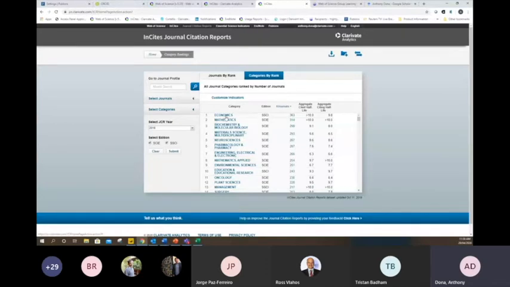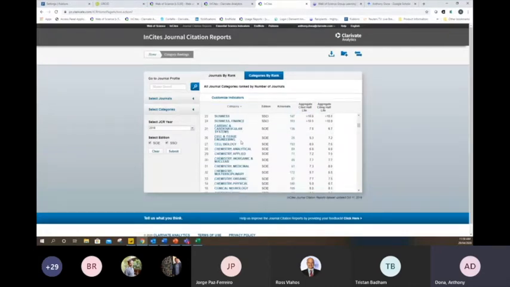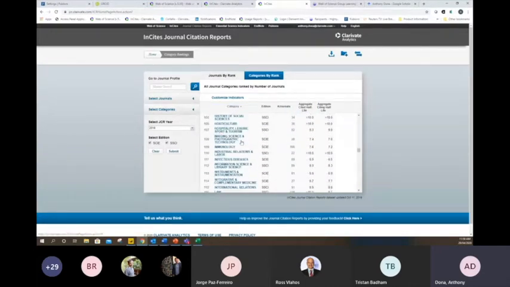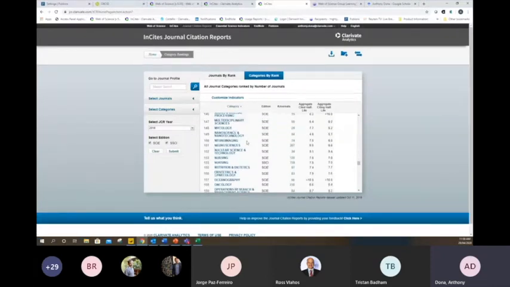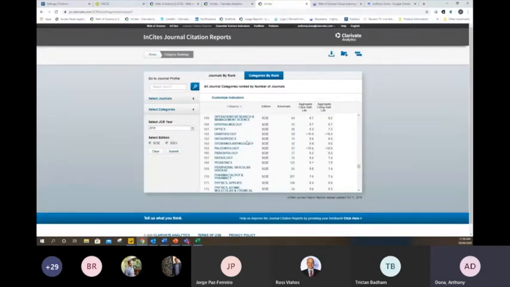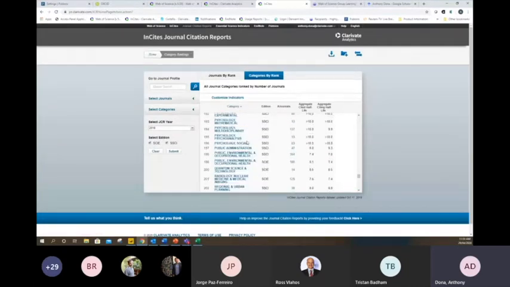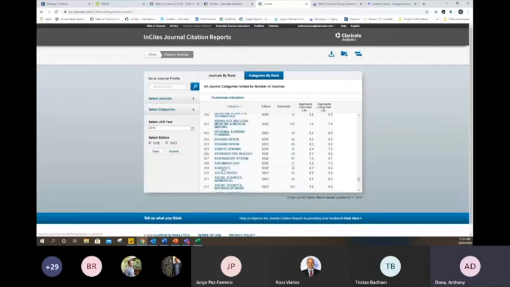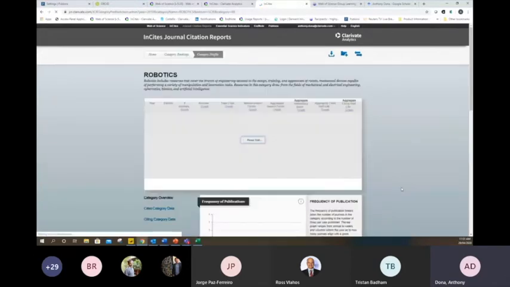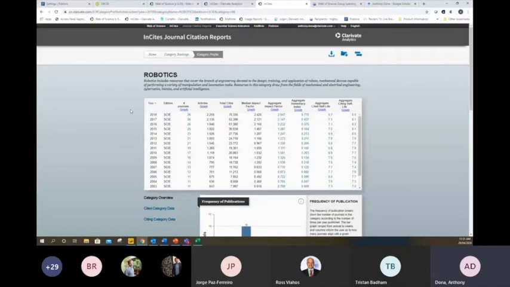Here, though, let me alphabetize these and actually pull out a specific category. It can really be any. The distributions that we're seeing in any of these categories are all very much the same. I am going to pull out robotics as the example. If I click on the category here, I get an overview of the category itself, the number of journals that have been mapped to robotics each year, and the total number of articles published in robotics each year as an entire category.